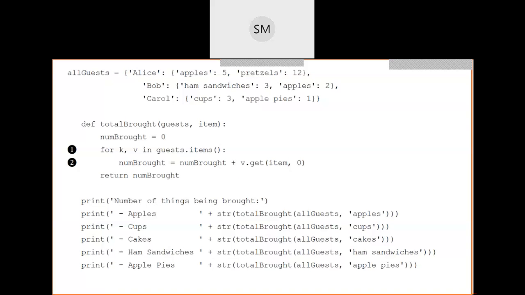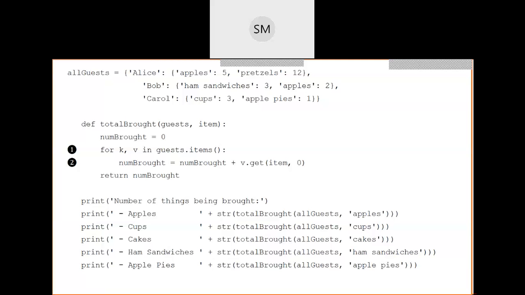The key is alice and its value is one sub-dictionary, that is apples 5 and pretzels 12. It means it is one item of picnic, pretzels 12. And the second key is bob, and the second value for this bob key is ham sandwiches 3 and apples 2. And the third key for our main dictionary is carol, and the value corresponding to this key is cups 3,